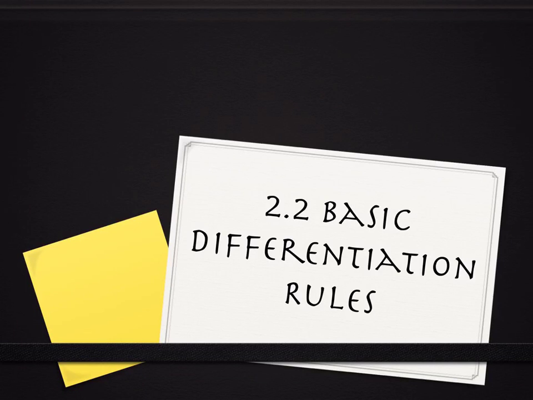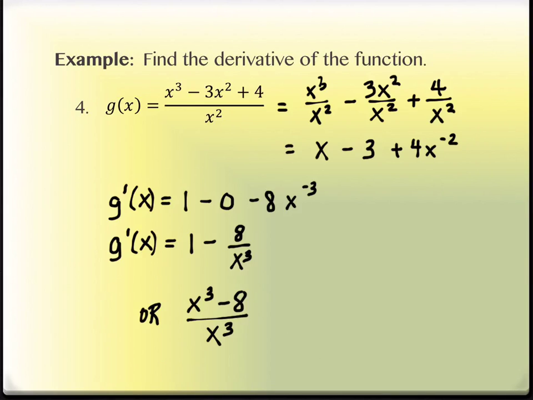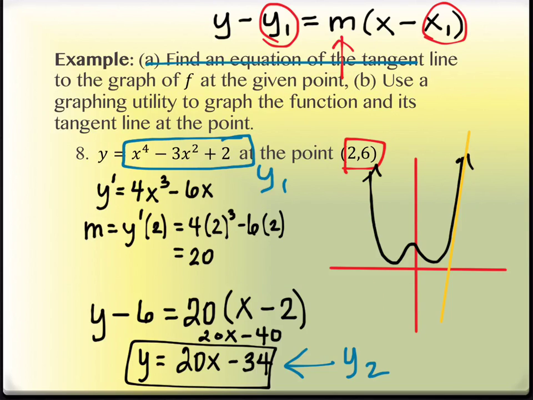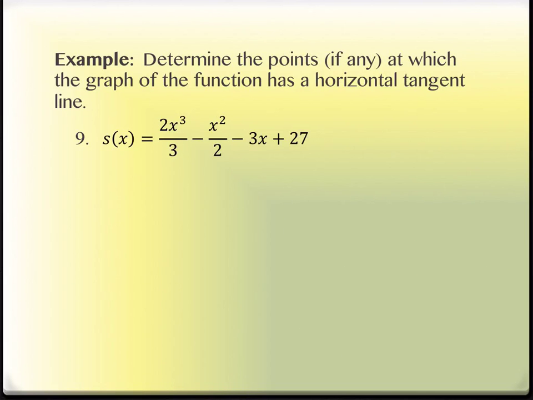All right, we were working in section 2.2 last time and learning some of the basic derivative rules, and we had gotten to the point where we were going to take a look at number 9. Number 9's directions are different than the ones we have done before. They tell us that they want us to find the point on the function, if there is one, where there's